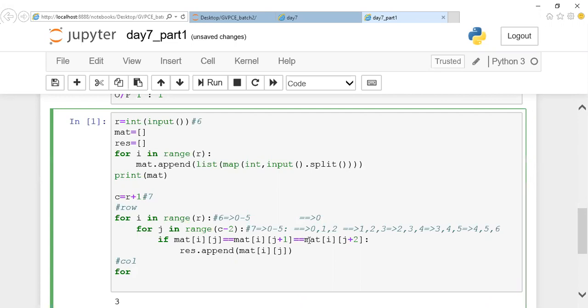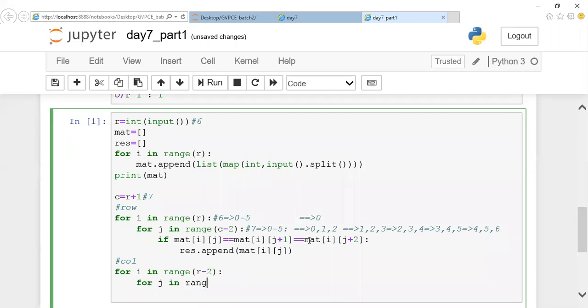So I'll mention for i in range of, here I'll mention row minus 2. Here I'm optimizing a row since I don't want to go for the index out of range. I'll mention for j in range of column. Till column it is going to go. So you can notice that here your row is till 6.